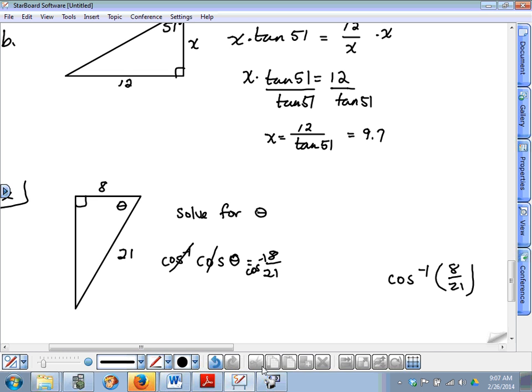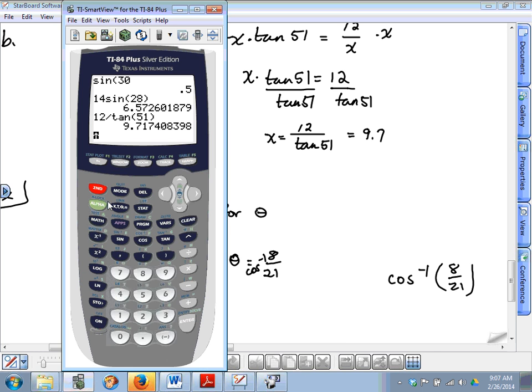So where'd my calculator go? Calculator. There you are. So on my graphing calculator, you have to hit second and then cosine. That pops up with the inverse cosine. That's going to be 8/21. Before I hit enter,